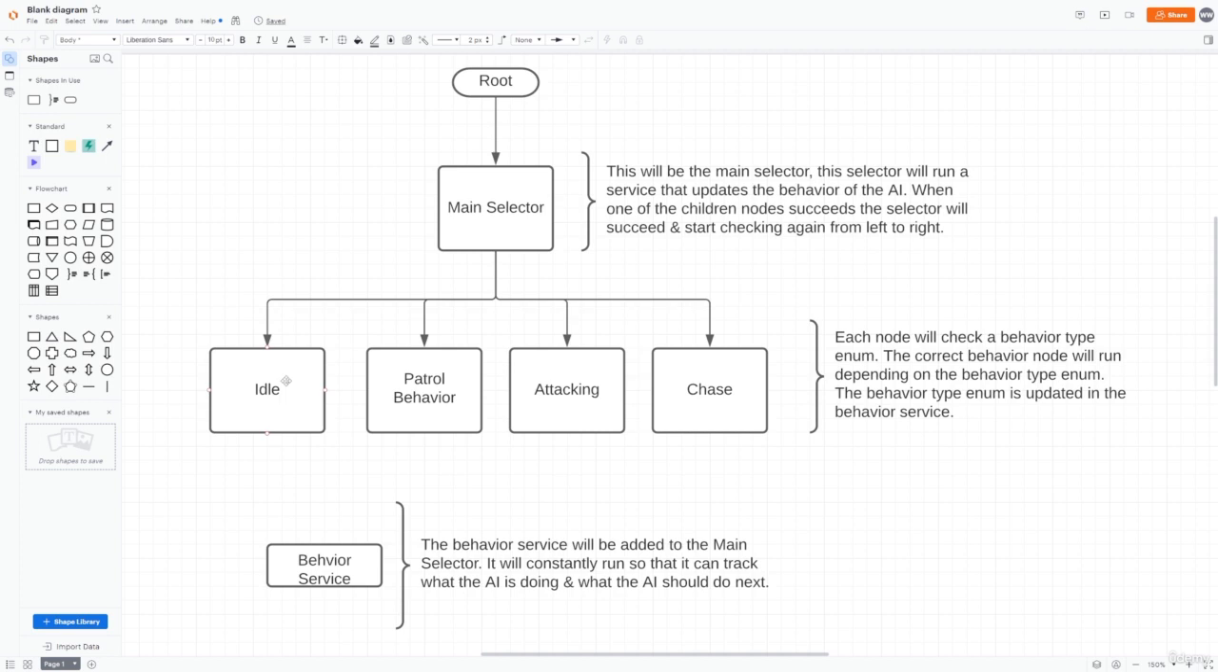The behavior type enum is updated in the behavior service, and the behavior service will be added to the main selector. The behavior service will constantly run so that it can track what the AI is doing and what the AI should do next. Okay, so now that we've gone over that, let's go into the engine and get started